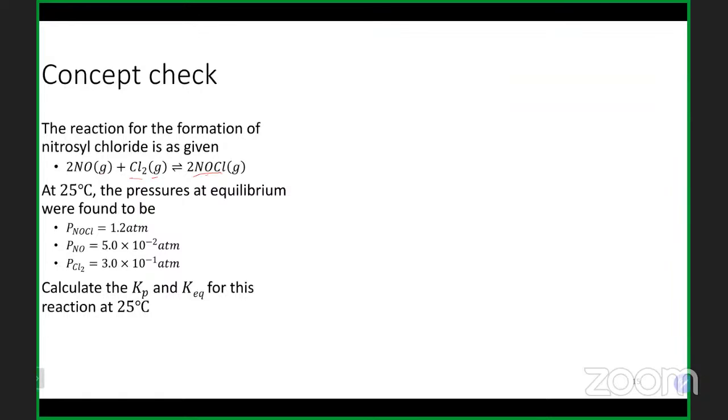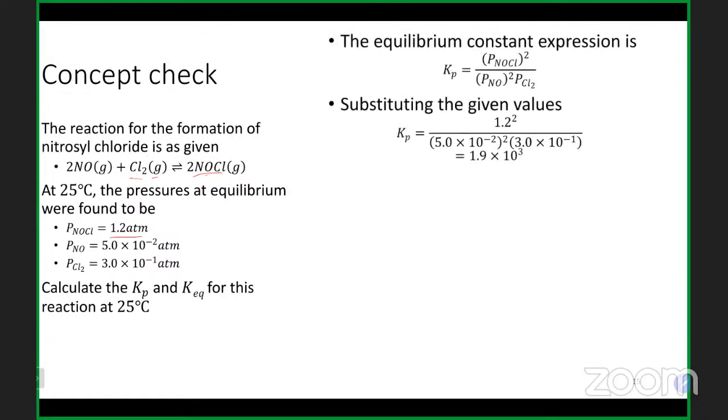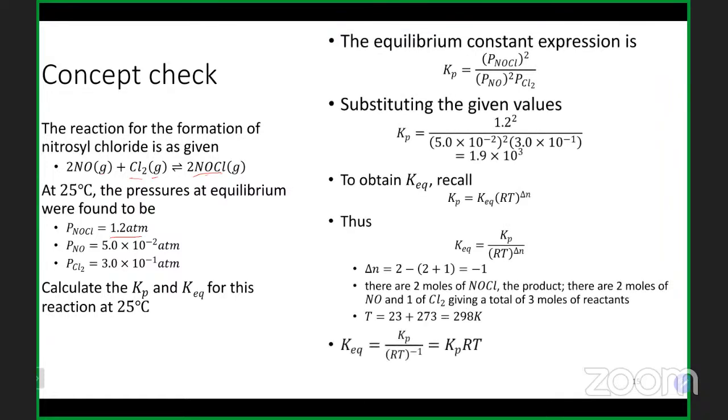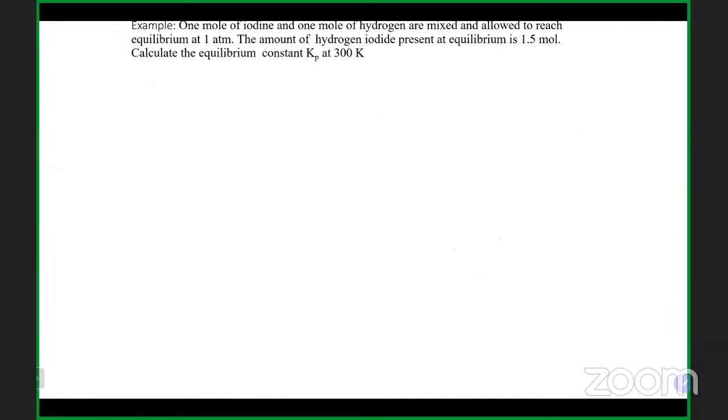At 25 degrees, the pressures at equilibrium were found to be 1.2 atmosphere. Oh, I think we solved this question last class. Yes, we solved this question last class. The next question to solve,